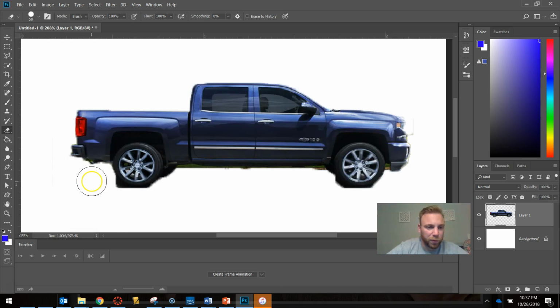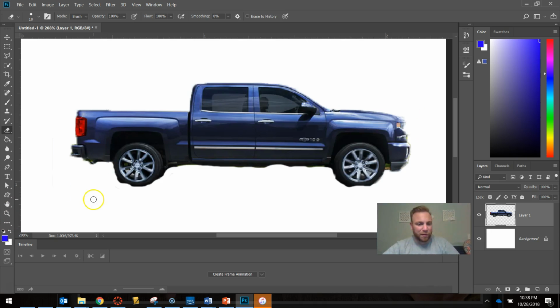Now I know that I need to take the eraser and not make that so big. The image I picked wasn't very good quality, so that's why it looks a little fuzzy. Okay. You guys will be better and pick better pictures. And then just do that right there. For time's sake here, I'm just going to speed it up. Alright, so imagine I didn't screw up on the tire. Okay, I'm going to take my time